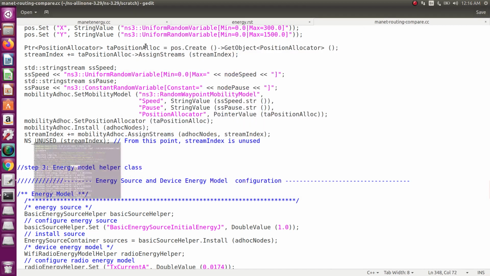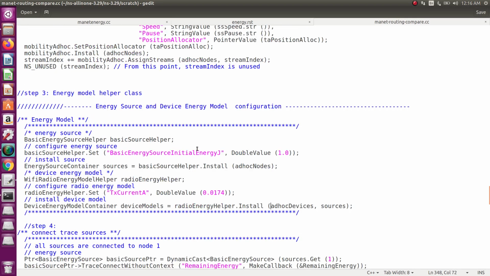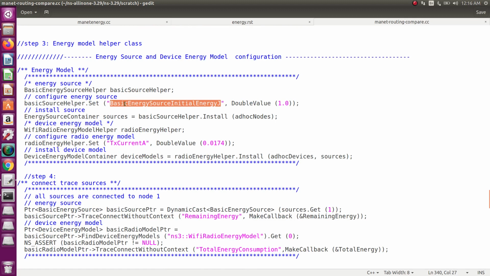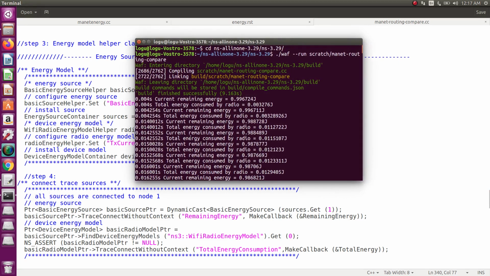In your program, the initial energy is 1 joule. I allotted 1 joule as the initial energy. At 0.004 seconds, it is 0.006724 joules.